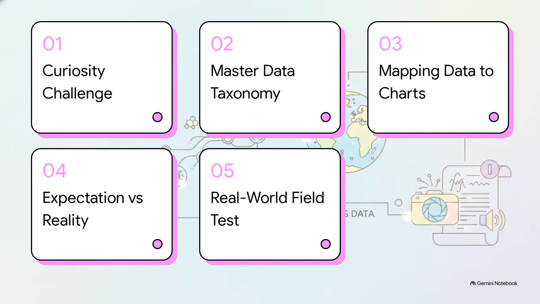Okay, let's dive right into this. Here is our quick roadmap for today. We're kicking things off with the Curiosity Challenge. Then we'll break down the master data taxonomy. After that, we map data to charts, look at a really fun segment called Expectation versus Reality, and finally, put it all to the test in the real world. By the time we wrap up, you're going to have a foolproof framework so you never build a bad chart